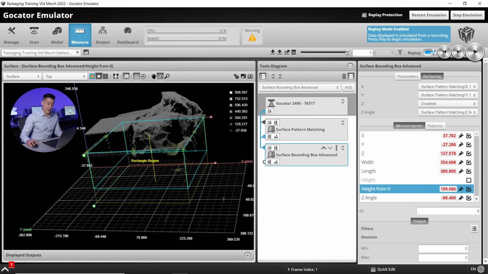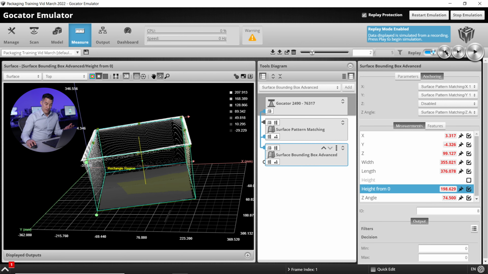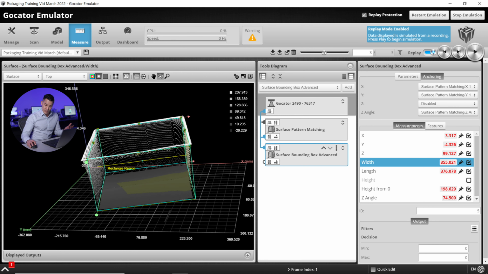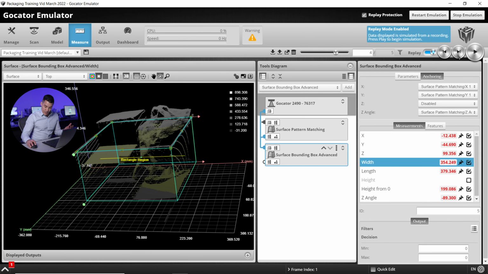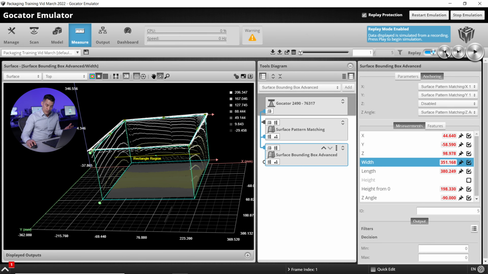So as I was saying before, how do we make sure we get a reliable, repeatable measurement? Let's just walk through those frames and make sure that the region of interest that I've drawn is going to give me some good, reliable measurements. So let's use height from 0 since we've been talking about it. Right now I'm looking at frame number 5, it's giving me 199 millimeters. Frame 4 is 199, frame 3, 199, 2, 198, and 198. I'm pretty happy with that. It doesn't get much more reliable than that. I'm just going to walk through and eyeball the other measurements, and those look pretty standard through each different frame.